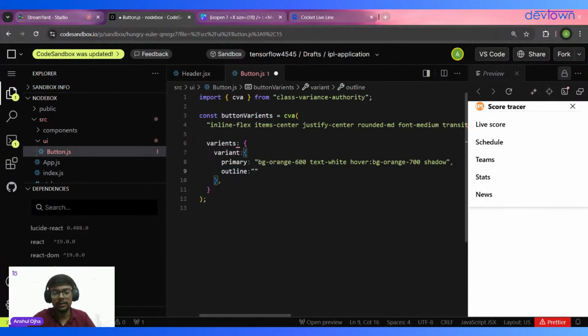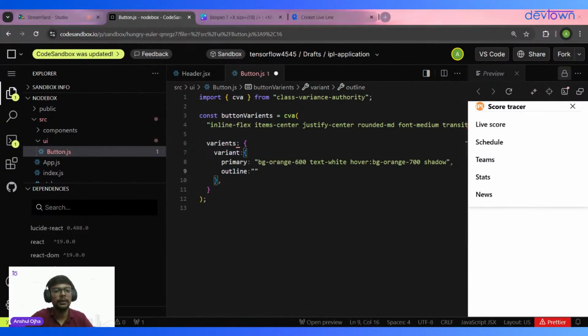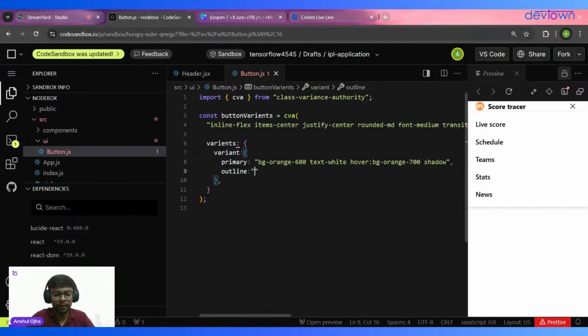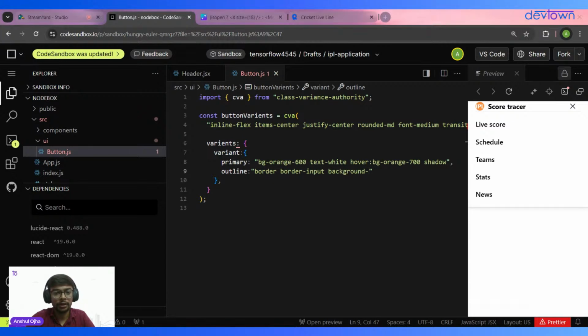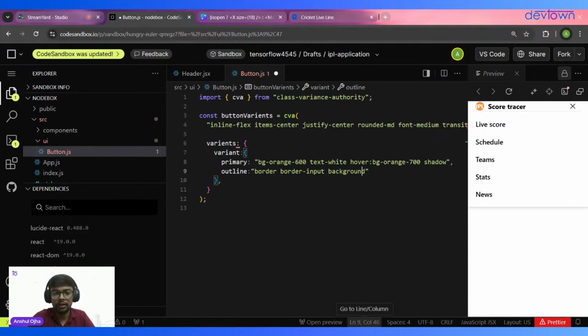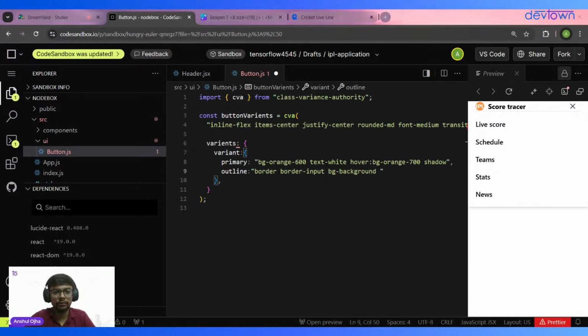In outline, what we have to define is we will be giving our border. Then the background should be the same as the normal background, so background should be bg-background, sorry, bg-background, not background-bg. That's done. And the next thing is, as we defined hover in the previous button case,